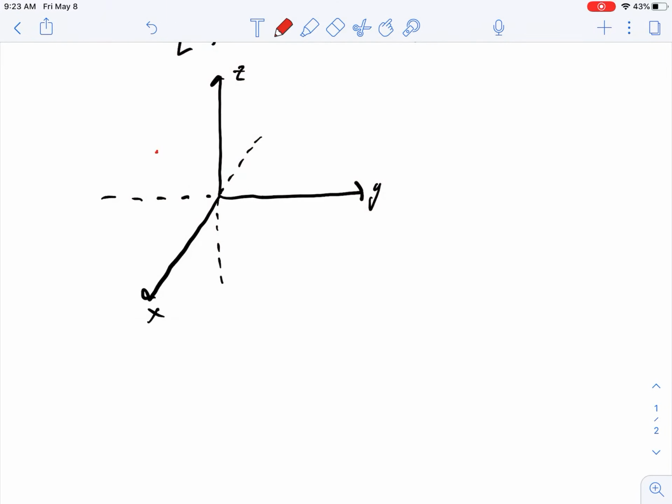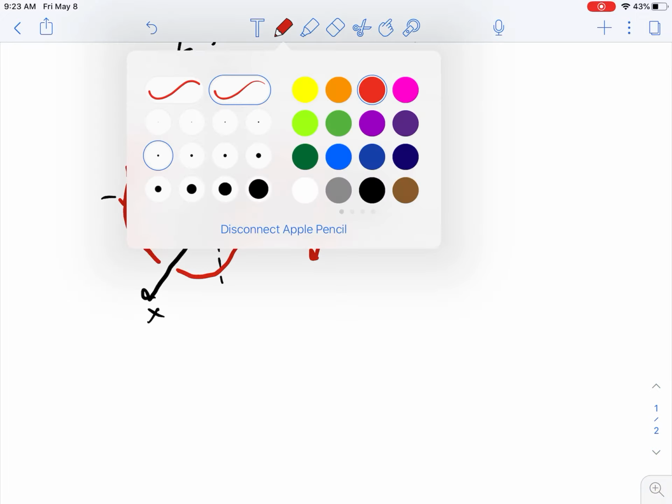Okay, so let's say my particle is over here and it travels, so it goes over the y-axis, and then it comes under the x-axis, and it comes up over the top of the y, and then back under the y. So it's moving this direction. So in chapter 12,